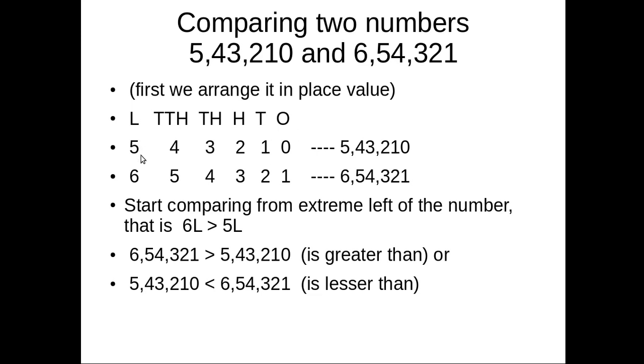Then we arrange this number as 5,43,210 and the other as 6,54,321. Now start comparing from the extreme left of the number. That is, we have 6 lakh is greater than 5 lakh. Okay, now from this we can conclude that